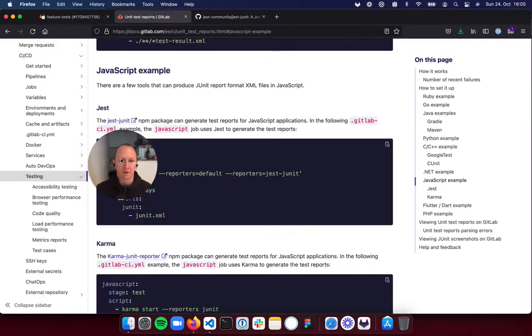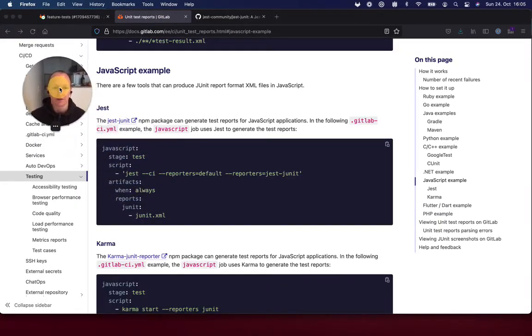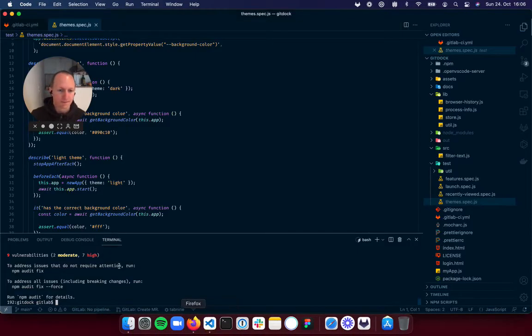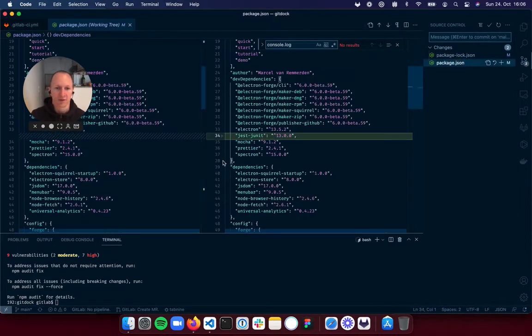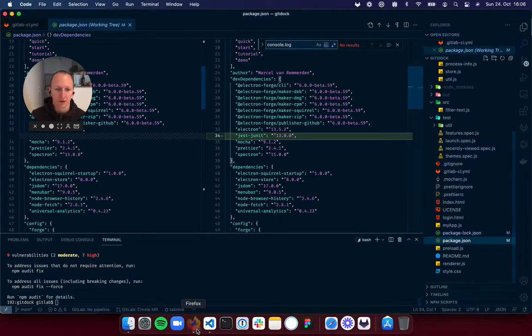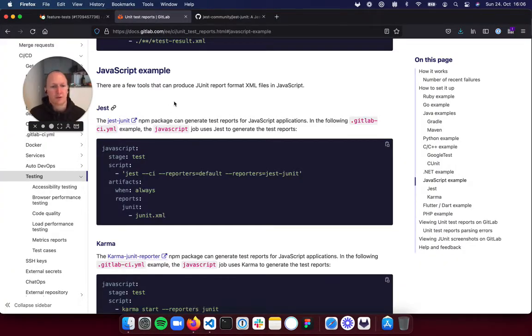While this is happening, let's see. Maybe I actually need to install another package, because I'm not using Jest, I'm using Spectron and Mocha. But let's see what happens. It seems like the install worked. JS-JUnit is installed. So let's add this to our